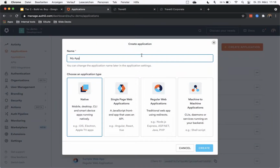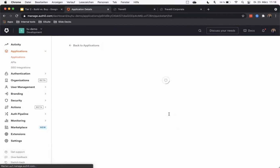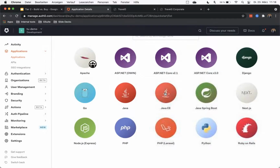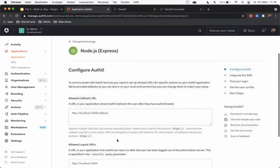So they click on this little field here, and they can say, I want to build my Auth0 app. In this Auth0 app, they can then choose what type of app they want to build. This is just because we want to make it as easy for them to get started quickly. So in their case, maybe they have a front and backend app, so something running on .NET, Java, Node.js. And when they create that, we automatically prompt them with quick start tutorials. In fact, we have over 65 quick start tutorials just to make it as easy as possible for customers to get started. We click on this Node.js quick start, we click on integrate now,